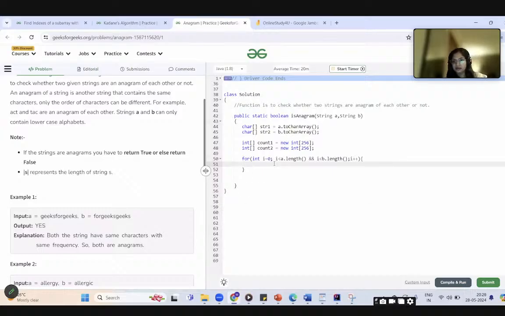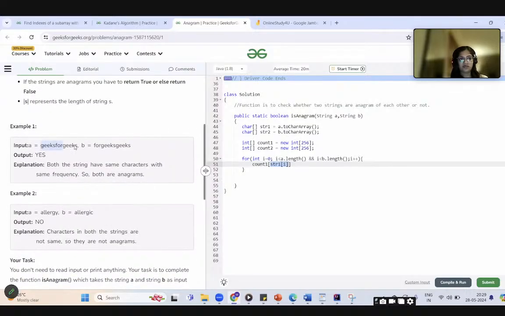So here I have initialized the for loop. Now what I have to do is increment the count whenever I am getting a character from string 1. For this for loop, in this character array, I am fetching index i. For example, when i equals 0, in this string, geeks for geeks, I have converted it to a character array.